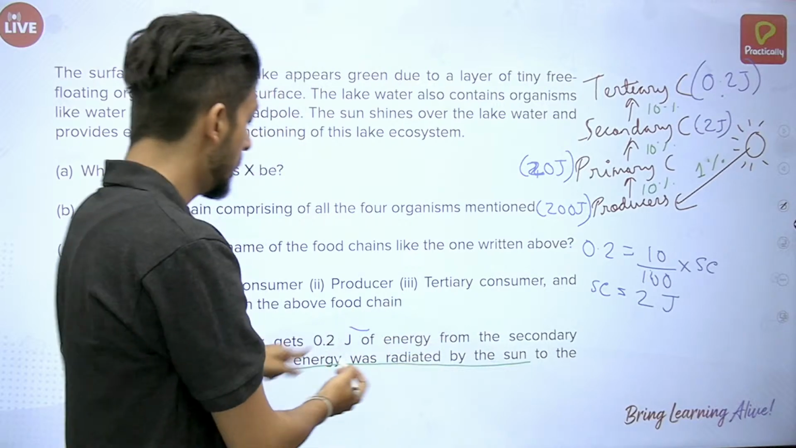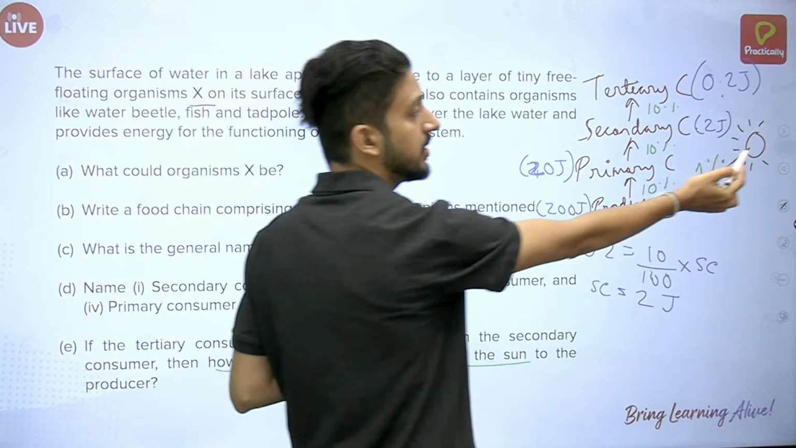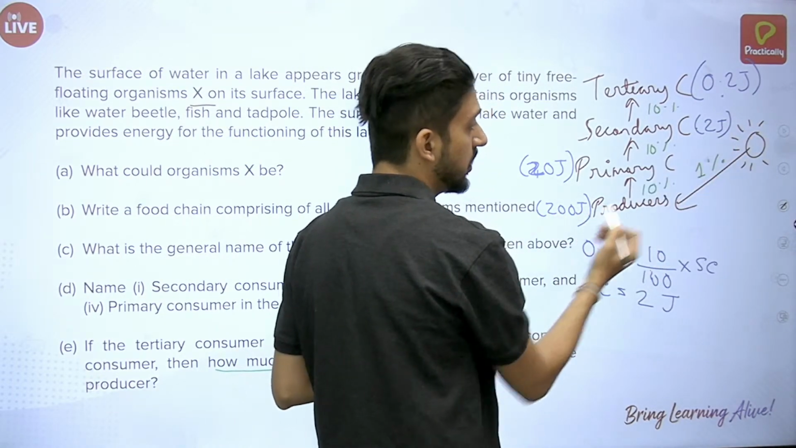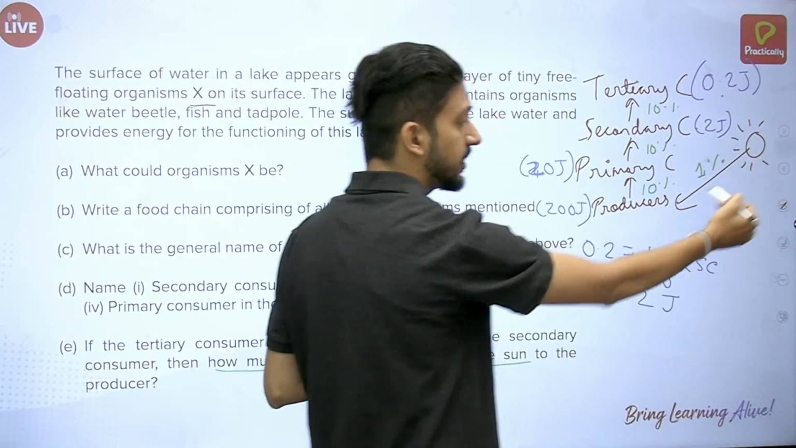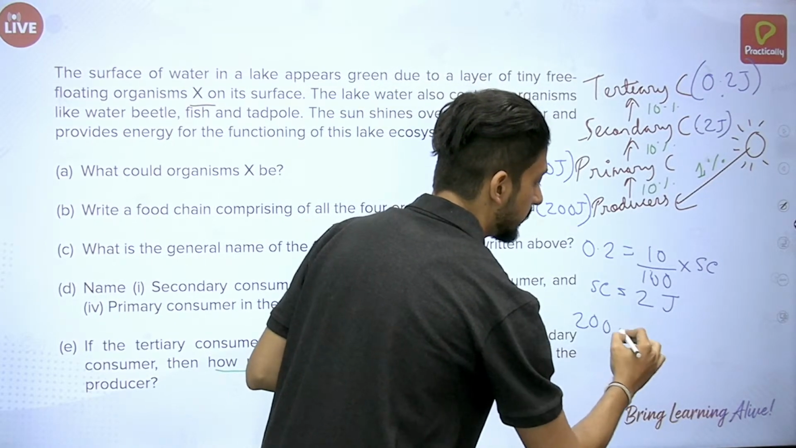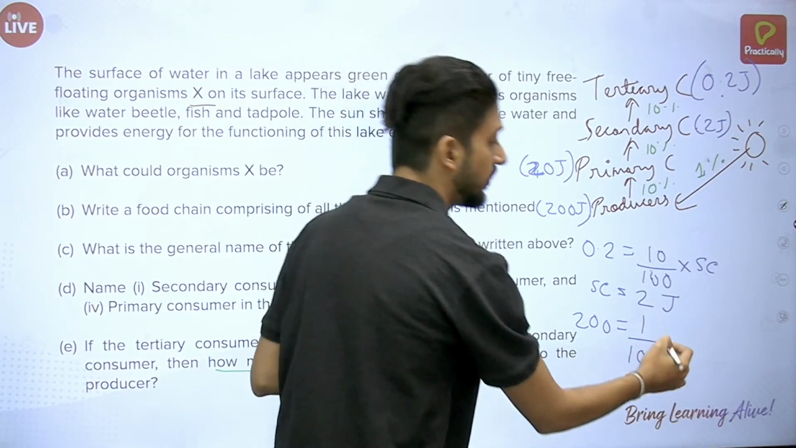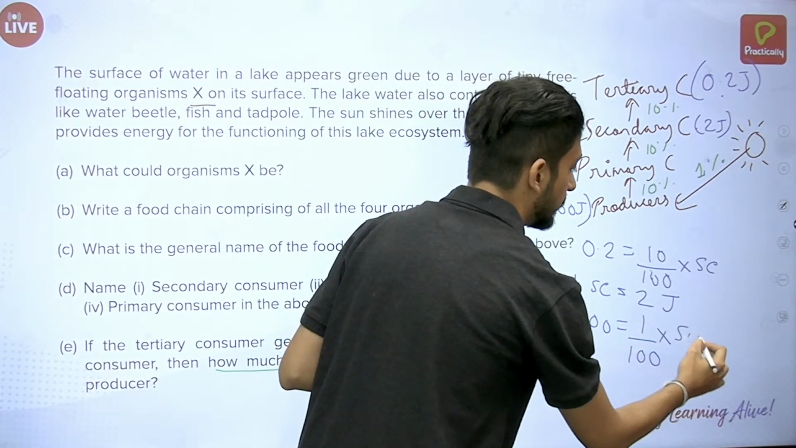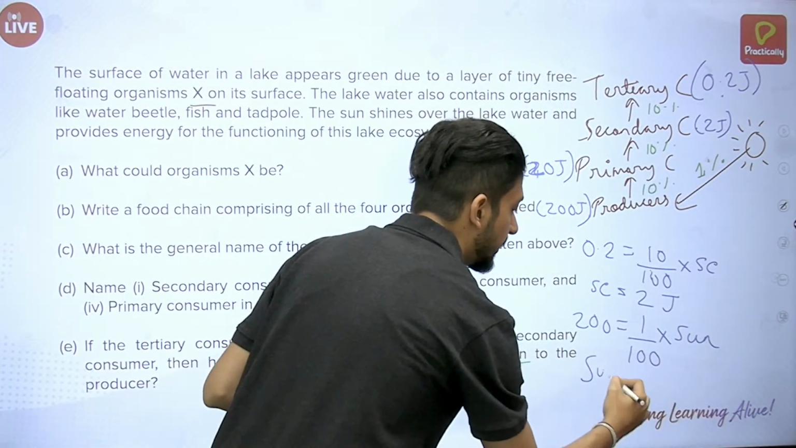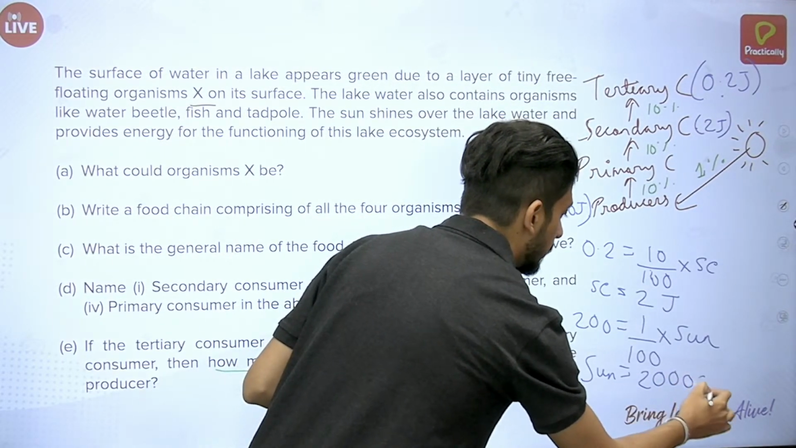But the question is, how much energy was radiated by the sun? So we have to tell how much energy came from the sun. So 200 joules is nothing but 1% of the energy which has come from the sun. So again apply simple mathematics. 200 is 1% of the energy. This is how you write 1 by 100 of the energy received from the sun, right? So how much energy was radiated by the sun? That is 20,000 joules,